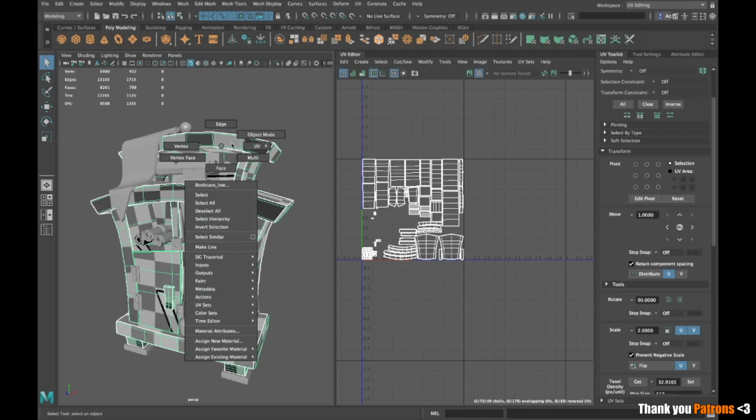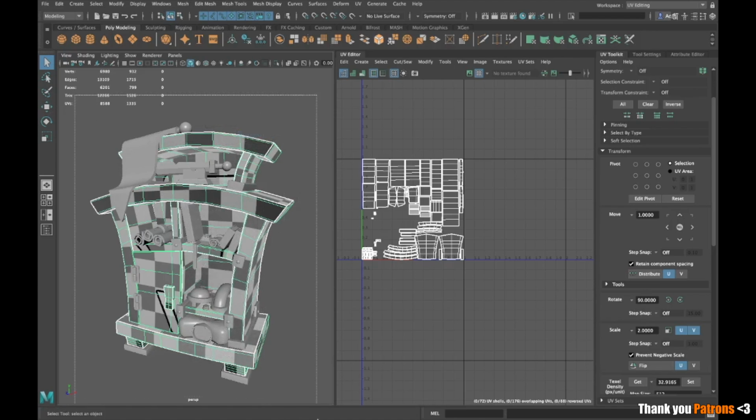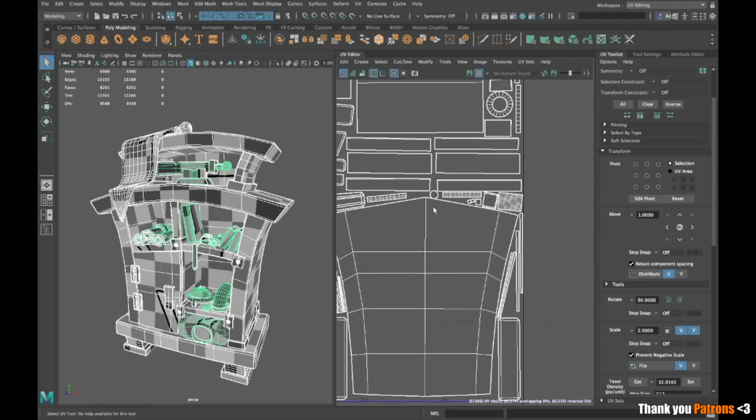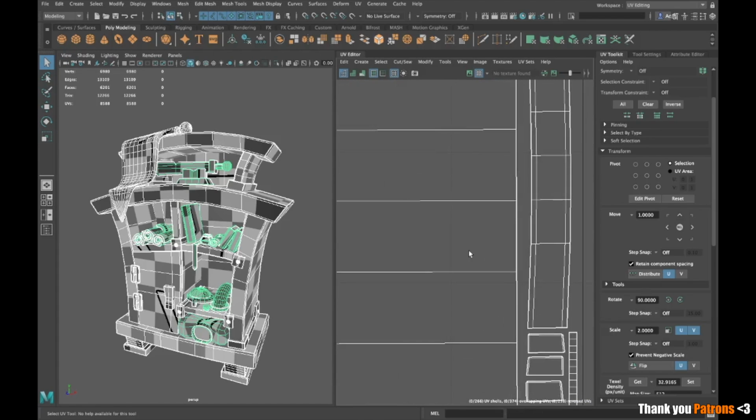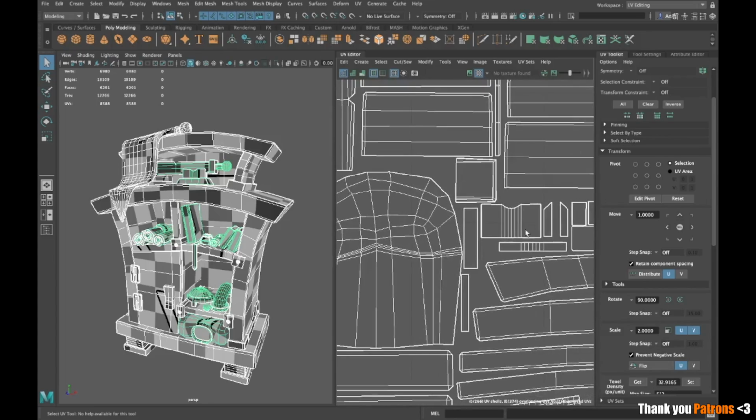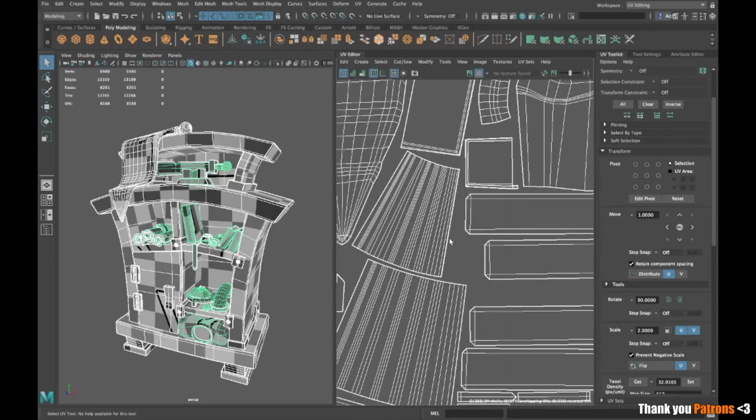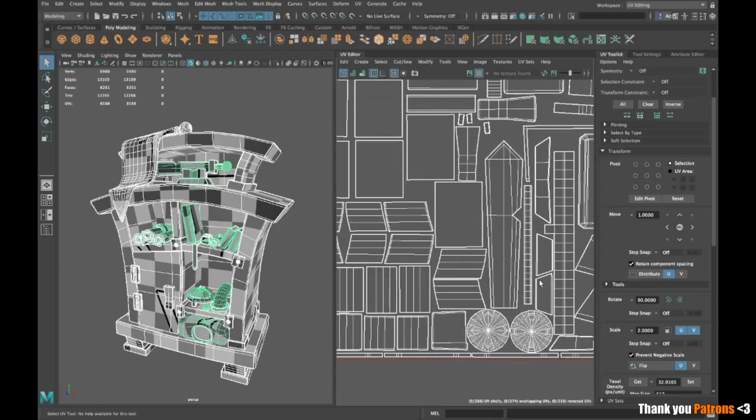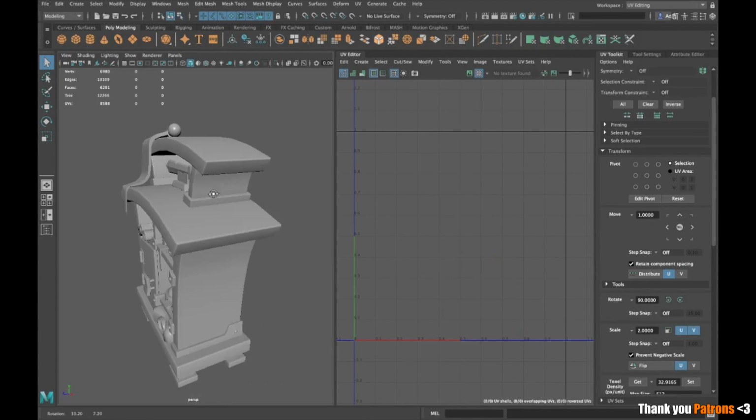After I'm done UVing, I make sure I grab it one more time. I look through everything to make sure that nothing is overlapping. I don't see anything overlapping. I make sure that if there's any space available, I move it over. But I see that there is no real overlapping on this project. Another thing that I